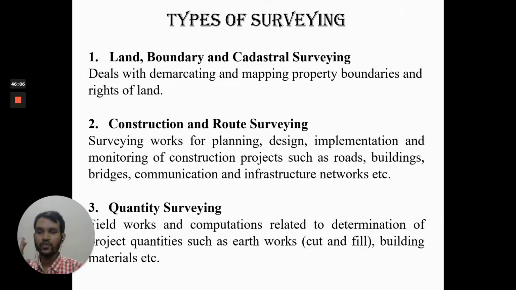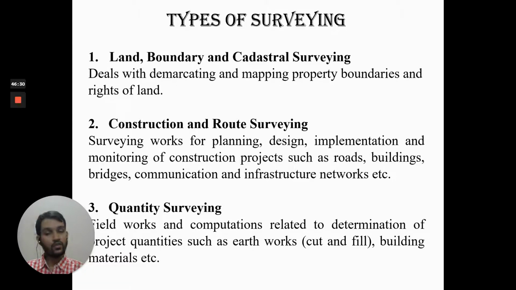With reference to one point on the horizontal ground, you are locating other points based on the requirement. If you need any point at a distance of, say, 3 feet from this point and at a 60 degree angle, you will locate the distance and take the 60 degree angle. So at 60 degree you will again locate that point. Based on a particular point, whatever the requirement is, you can locate all other points on the ground.